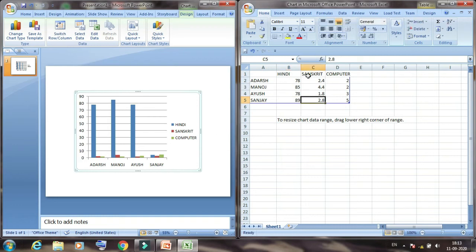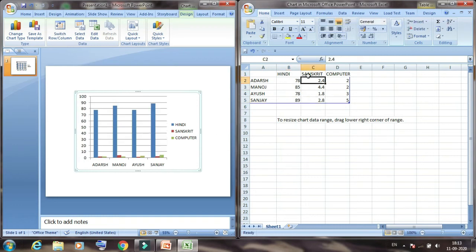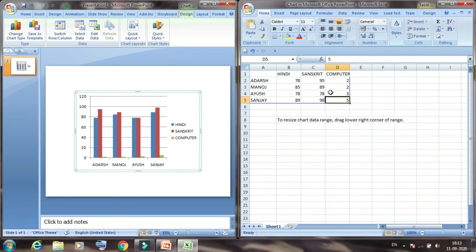Then the Sanskrit marks: 95, 89, 78 and 98. When we edit and enter the marks, the bars change automatically.